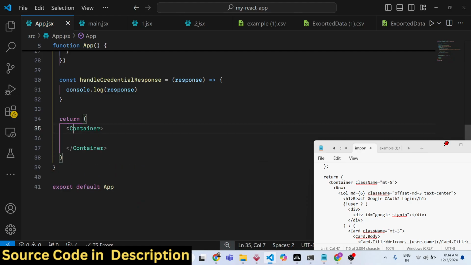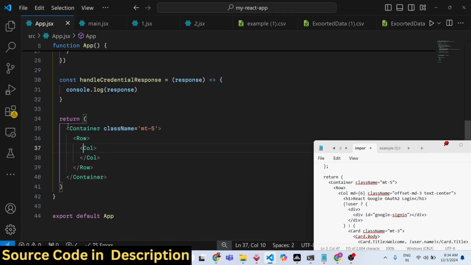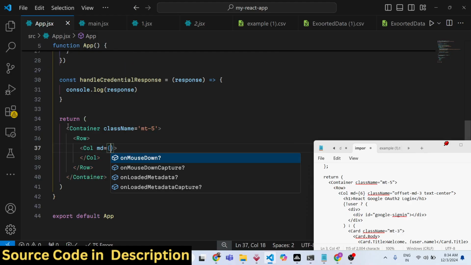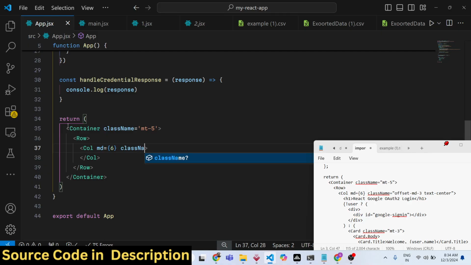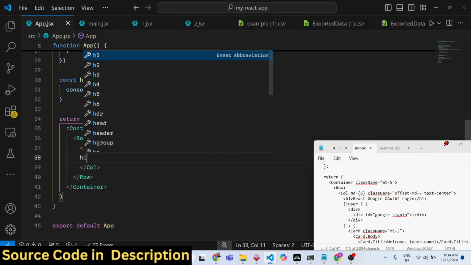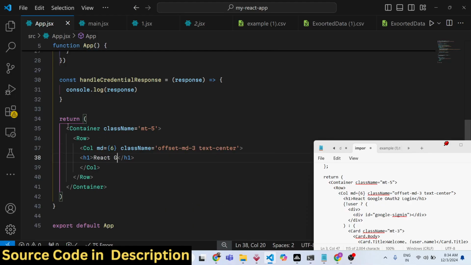So we have this container element, give it a bootstrap class. Inside this we will have a row and the column, and in the column we will give it a class name of offset. This is just for the alignment purpose. We are aligning it in the center position, and here we'll be having a heading, React Google OAuth2